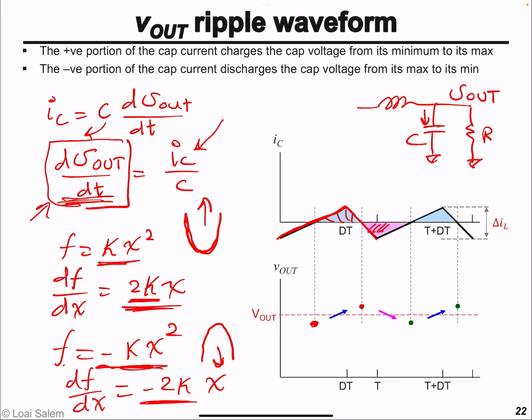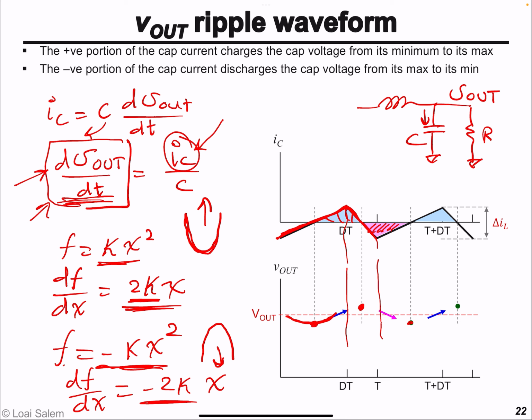This represents charge that's being taken from the capacitor, so essentially the capacitor voltage will move from its max to minimum and so on, repeat. And then at this point, the capacitor current is a straight line, so the capacitor voltage waveform will be a quadratic function. And since the slope of the line is positive, then the quadratic function will be pointing upward, a U pointing up. On the other hand, during this interval,